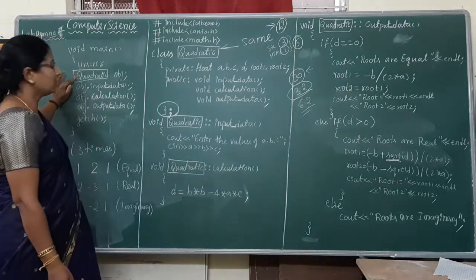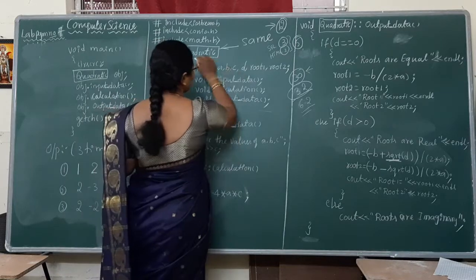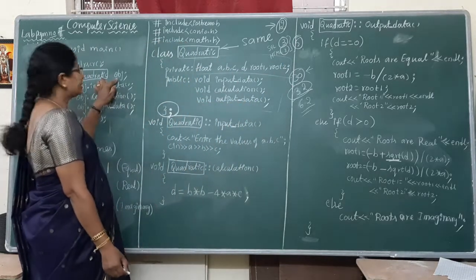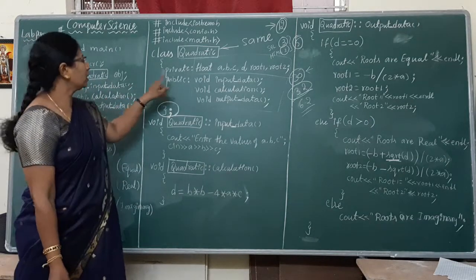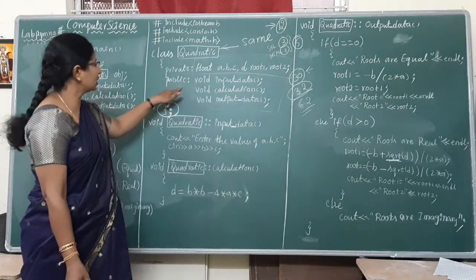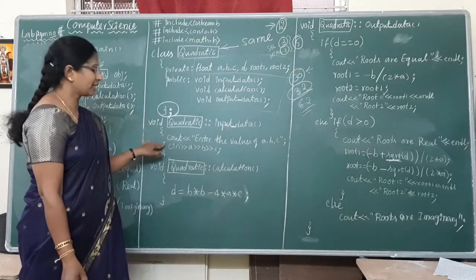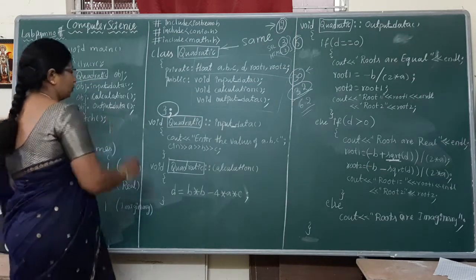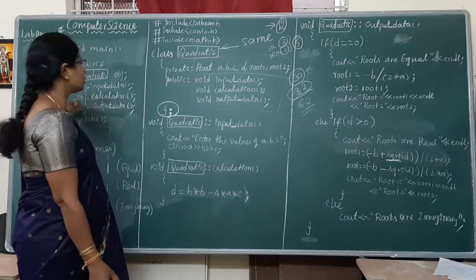First program: execution begins with the main program. It will create the object. Once it creates the object, memory will be allocated for data members and member functions with the name obj, and first the input function will be invoked. Control will move to the declaration, and the declaration will send the control to the definition part. The definition will accept the a value, b value, c value. Once you have accepted them, the control will go back to the main function.